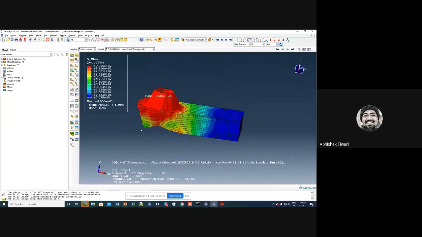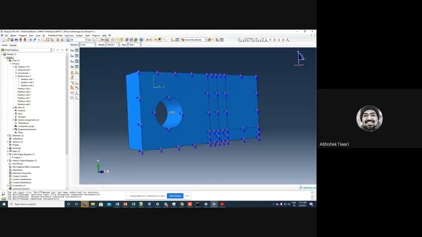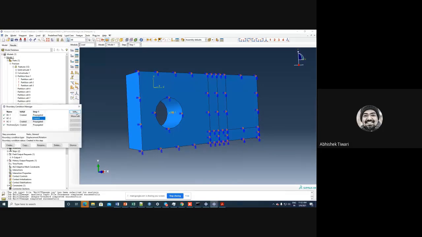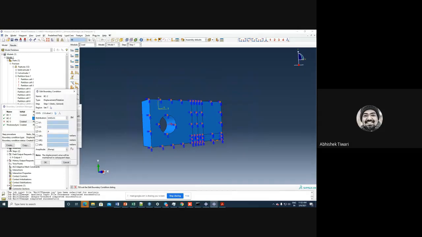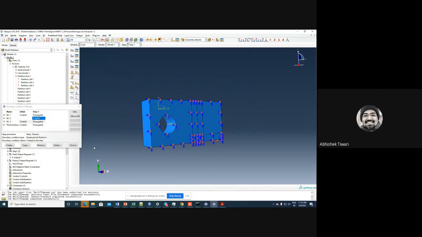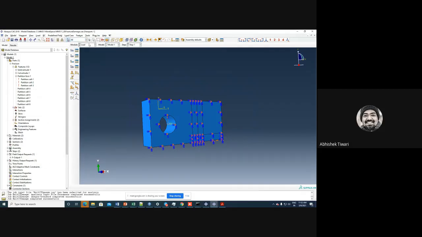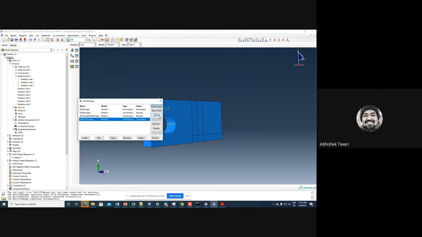Oh, I applied displacement in the wrong direction. That's why it was so smooth. Doing wrong things is so smooth. So I have to apply displacement in the Y direction, not in the Z direction. Y direction, 4 millimeter should go up like that. And now it will be not so fast and not so smooth.